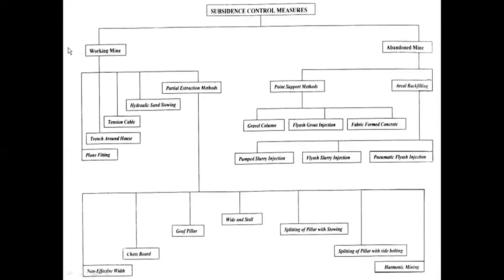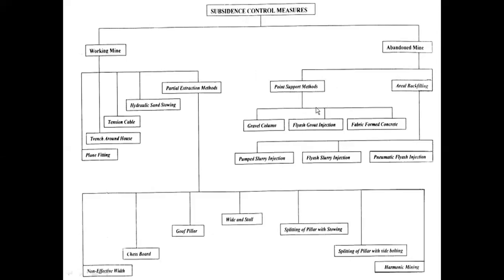So this is about the case of a working mine. Next, coming to the abandoned mine. If the mining activity is already over, it is an abandoned mine. It got closed quite long back, and there is a possibility that, due to settlement, subsidence might propagate up to the surface. In such situations, how do we handle it? See, the point anchor method. Nothing but drilling a hole so that whatever gap was produced in that area can be filled.